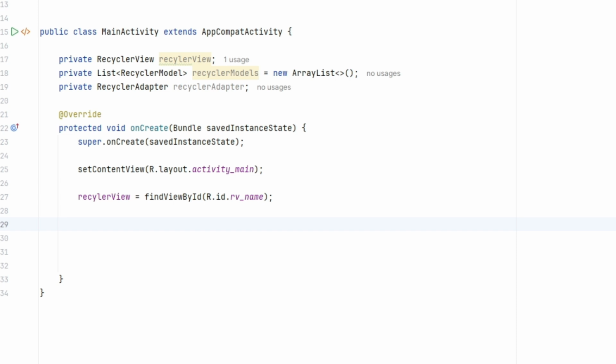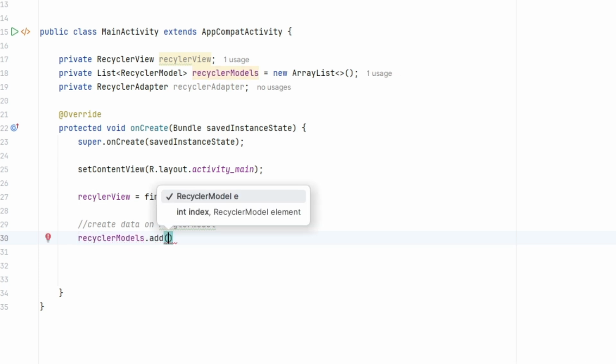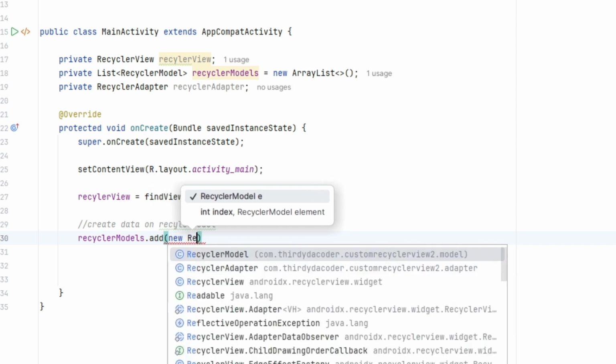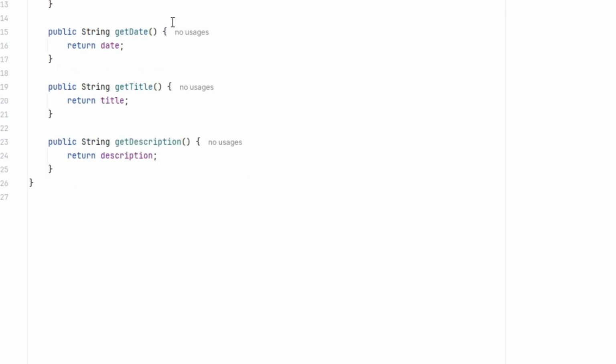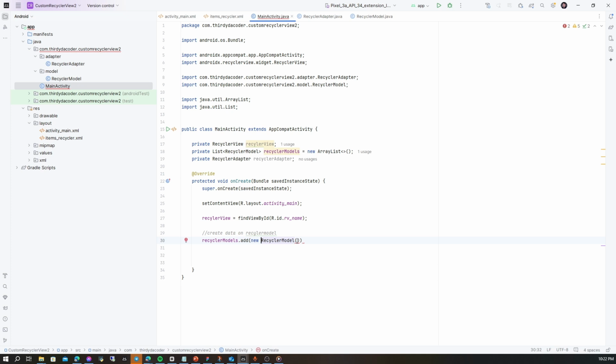Then we can add data on this model. So how? Create data on the recycler model. We create the recycler models that add new recycler model. Then in our constructor, we have date, title, and description. So we can create the date, July 23, 2024.